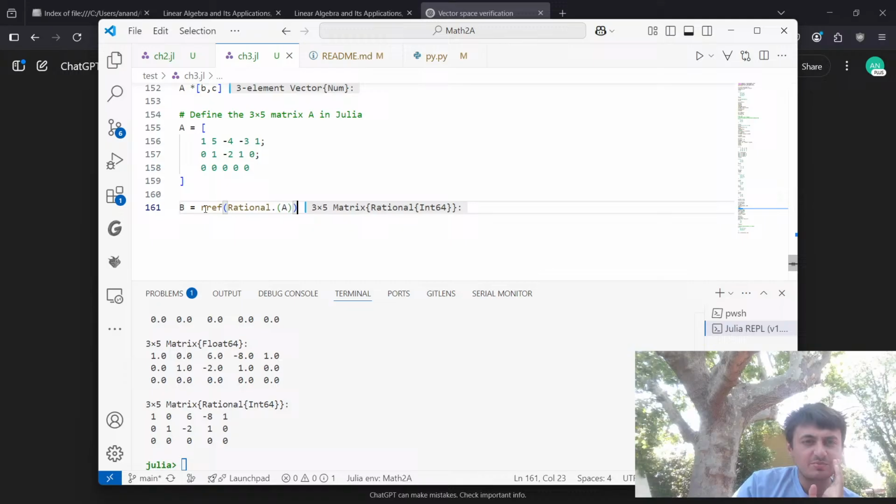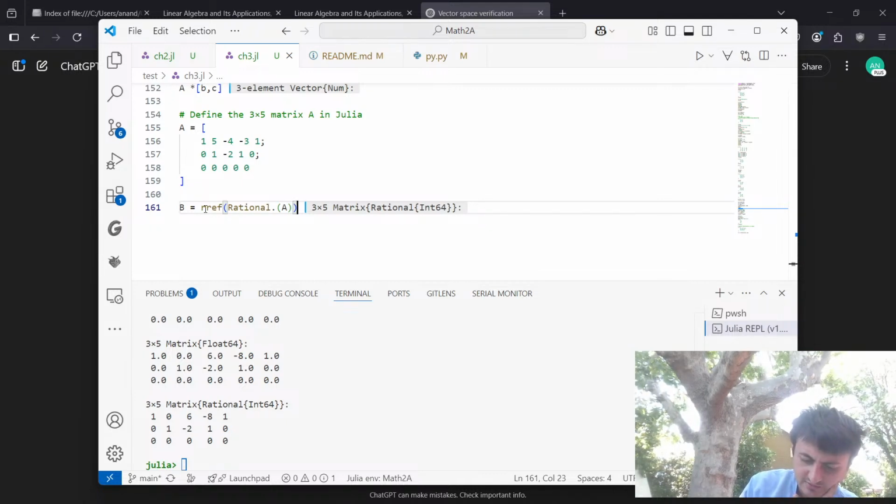Okay, so which problem is this? 6. Okay, so we're gonna have x1 plus 6x3 minus 8x4 plus x5 is equal to 0. And we're going to have x2 minus 2x3 plus x4 is equal to 0. So now if we turn this into x1 equals minus 6x3 plus 8x4 minus x5, and x2 is equal to 2x3 minus x4, then we know that